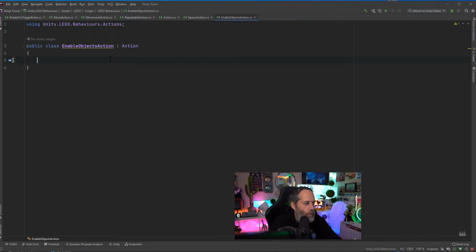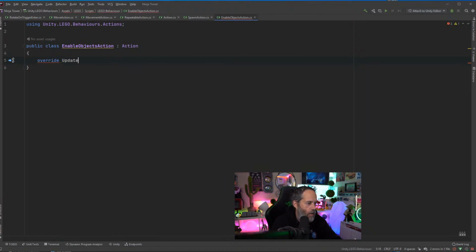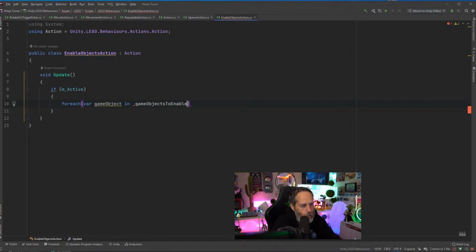We'll add an update. So let's see, is that something we need to override? No. Okay, so we're just going to add in an update. And here we'll just check to see if m_active, the variable that they set to true once we've hit the thing and activated it. So if it's active, we'll just enable the objects that need to be enabled. So say for each var game object in game objects to enable,